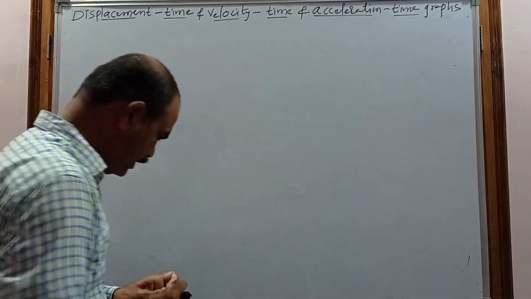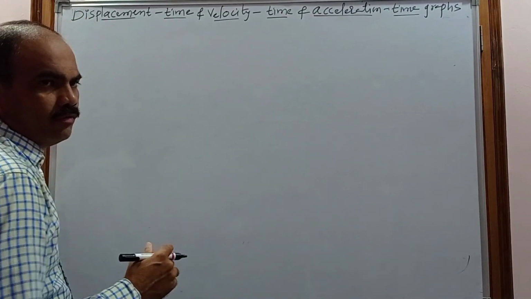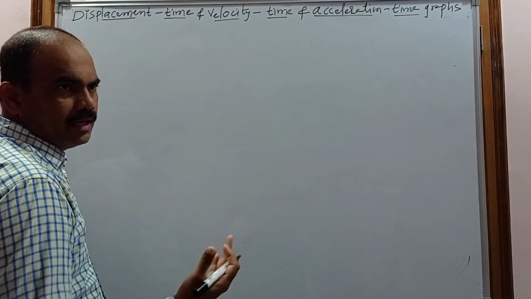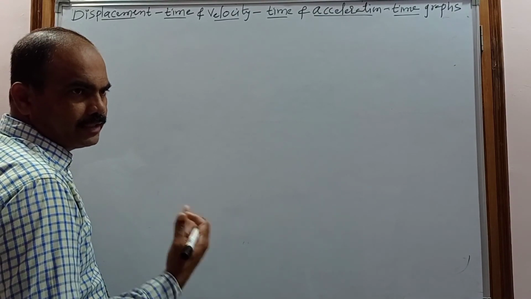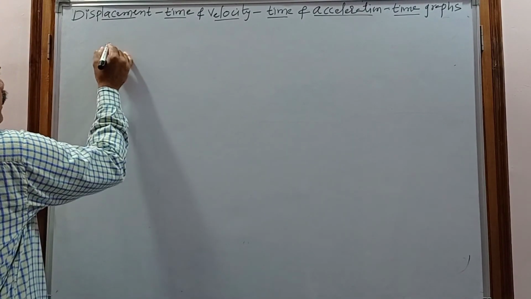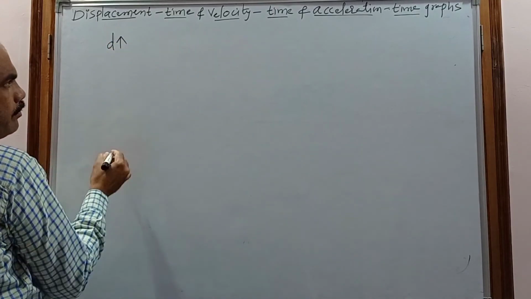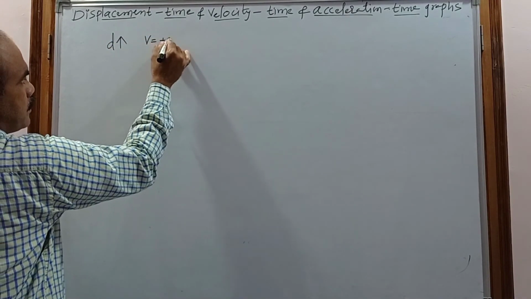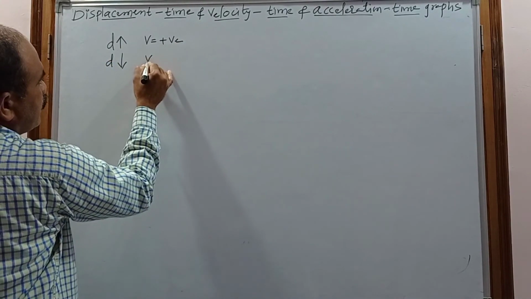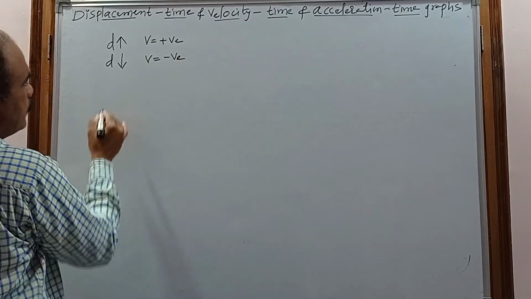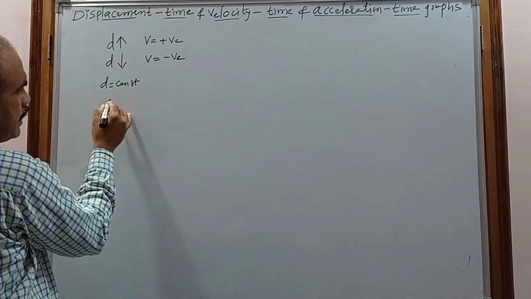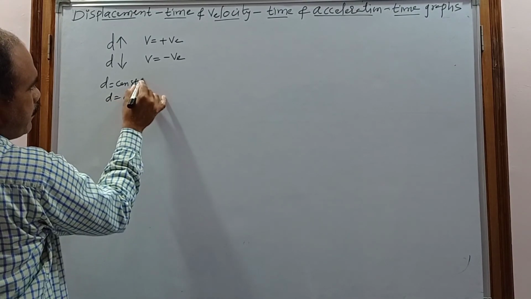Before learning, first of all we have to know when the velocity is positive, when the velocity is negative, when the velocity is zero, and likewise when the acceleration is positive, negative, or zero. If the displacement increases with respect to time, we say that the velocity is positive. If the displacement decreases with respect to time, we say that velocity is negative. If the displacement does not change with respect to time, that means displacement is constant,